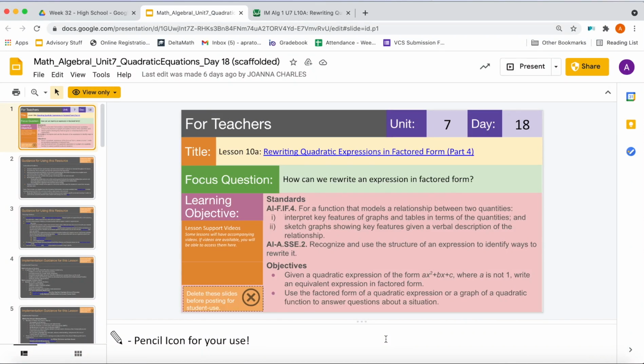For this video, I'm going to discuss how you can facilitate the Explore portion and summarizing section of Lesson 10A, Rewriting Quadratic Expressions in Factored Form, Part 4, Unit 7, Day 18. The focus question of this lesson is how can we rewrite an expression in factored form? Now, you may be noticing that students have been writing expressions for a while in factored form. However, in this lesson, we're taking it to the next level because A is going to be greater than 1